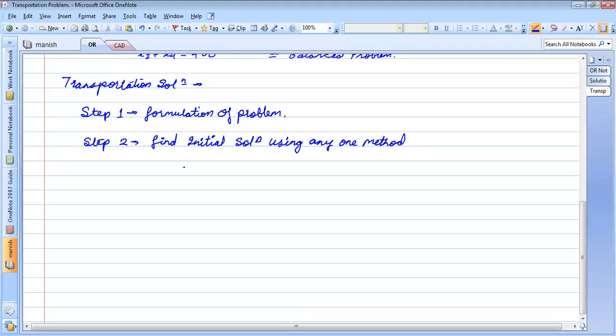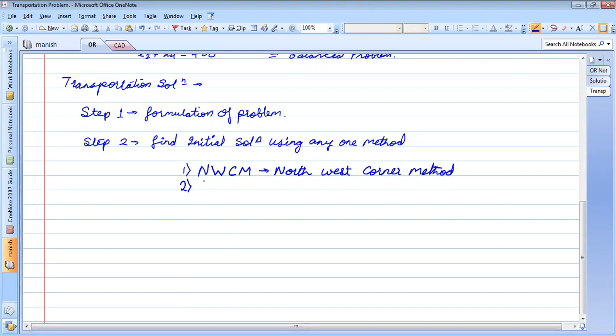What are the methods? First method is any one of these three. The first method is NWCM, that is north west corner method.